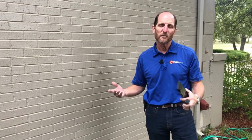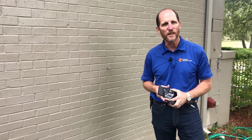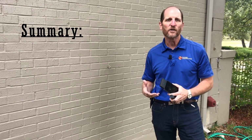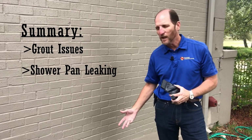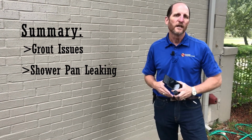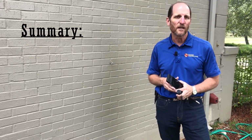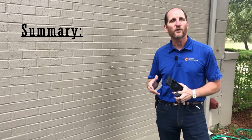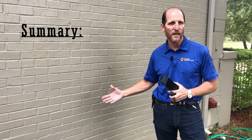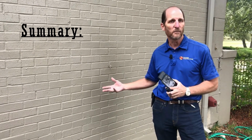And so in summary, when you're looking at a shower enclosure, the main thing you're looking for is leaks. And in this shower enclosure, we found problems with the grout, problems with the shower pan leaking right here. And so this shower is going to need a lot of work. And so we're going to make sure that our client has a clear expectation of that, and also let them know that there's possible hidden damage here,